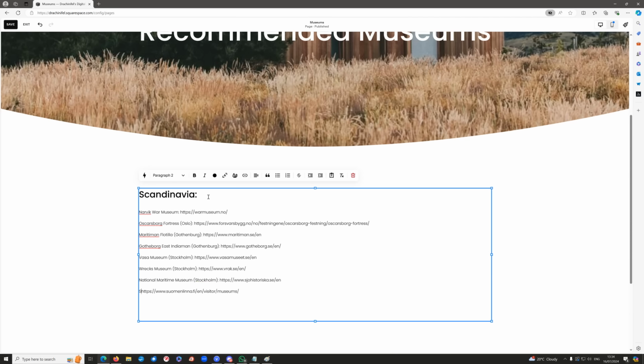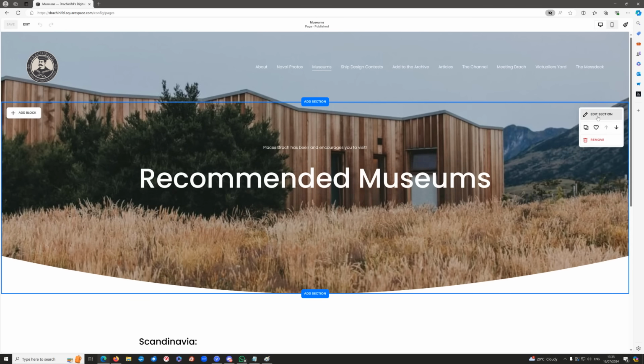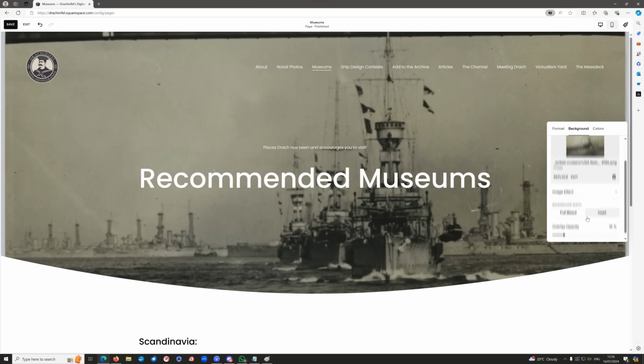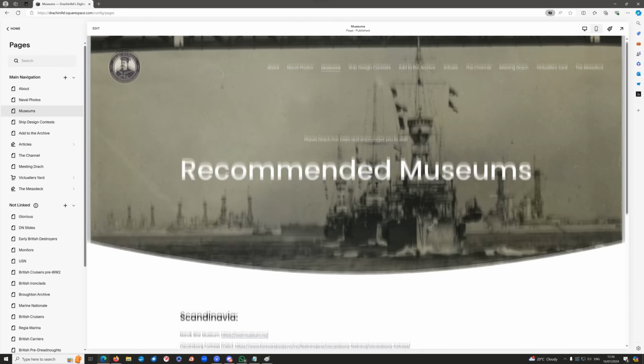So just copying all the links to the museums, at least the ones I can remember off the top of my head immediately, along with little titles to tell you where they are. Go through and make them all hyperlinks very quickly because it doesn't default hyperlink, which is quite a useful feature, believe it or not. And once that's done, then, well, there you are. Just change the background picture to something a bit more naval themed, and the page is ready to go. And I will eventually show you how to add pictures and map locations, etc., as I expand this list of